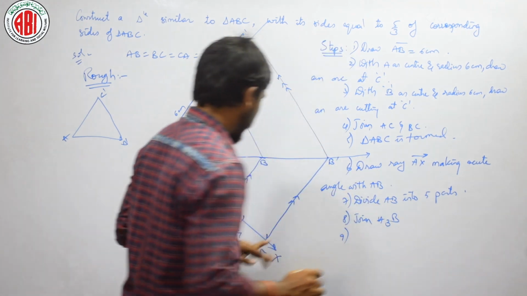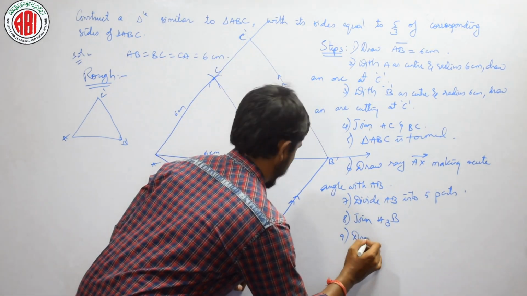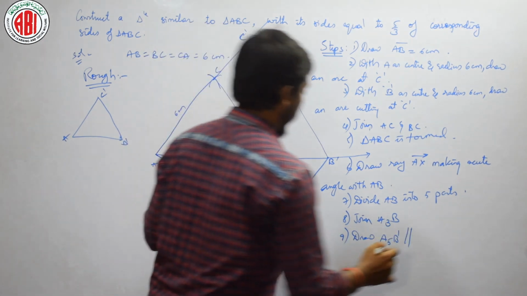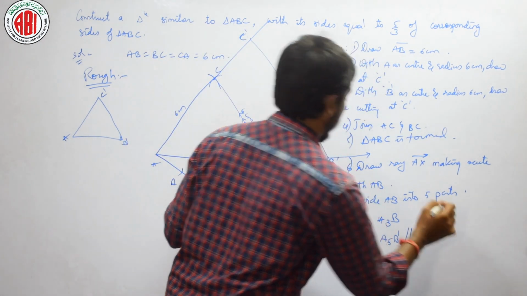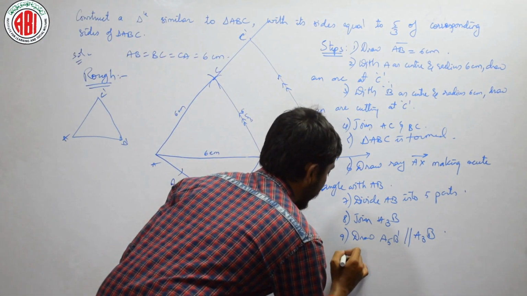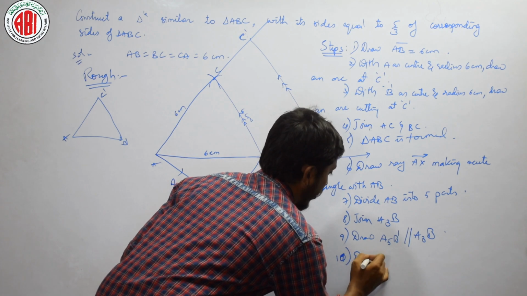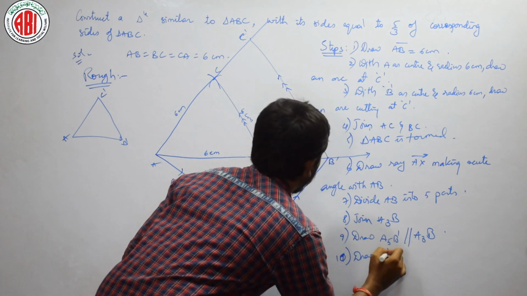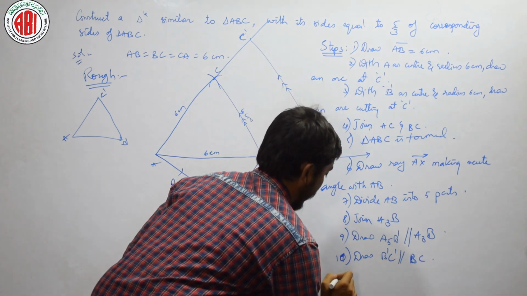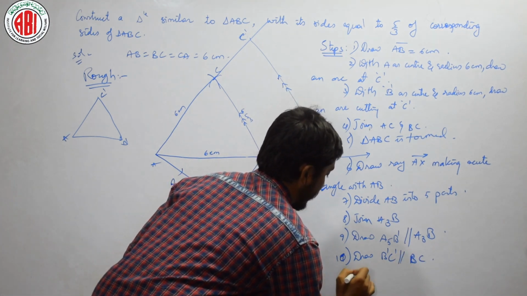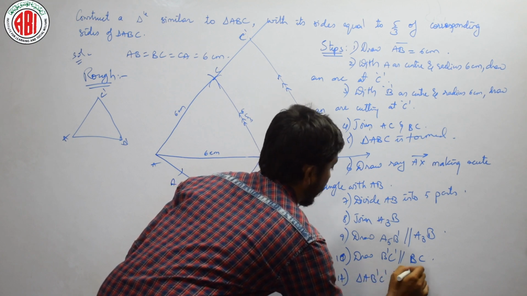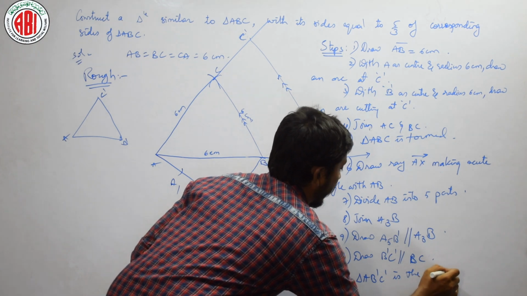Ninth step is now draw A5B dash which is parallel to A3B. Is it okay? The next I have to draw BC dash, 10th point, draw B dash C dash which is parallel to BC. 11th point is therefore triangle A B dash C dash is the required